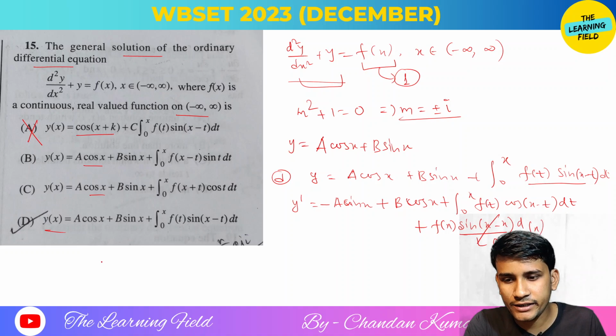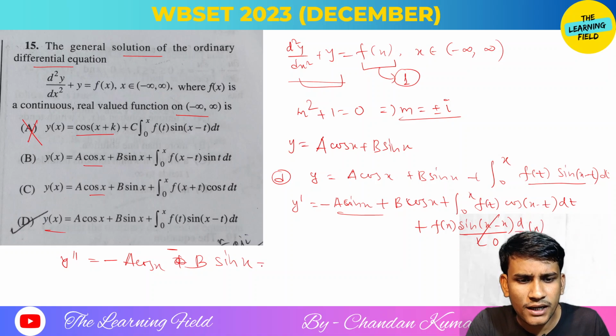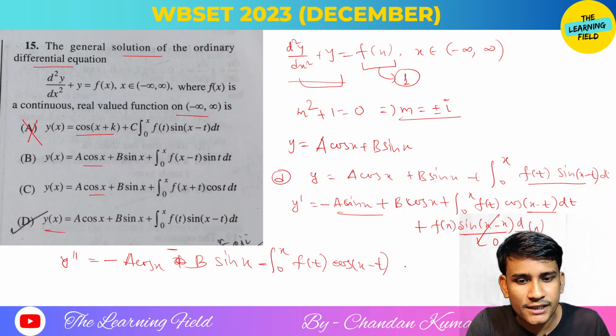Now if we again differentiate this y dash, we get y double dash, which is equal to minus a cos x, plus b, sorry, again minus b sin x, plus the integral from 0 to x of f(t) times the derivative with respect to x of those terms, which means minus of, so here we put minus, minus of cos(x minus t) dt, and then we put all the terms in x, so f(x) into